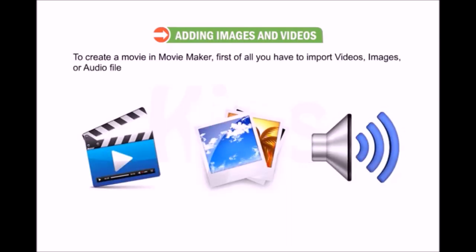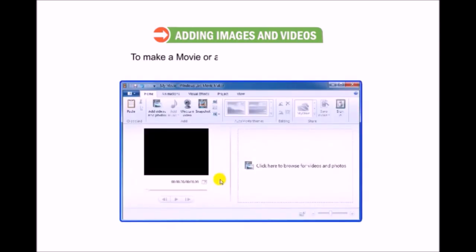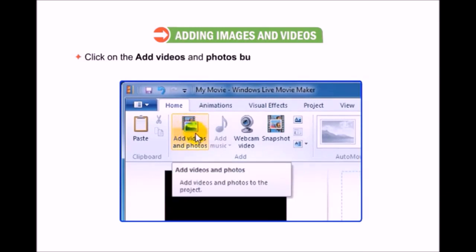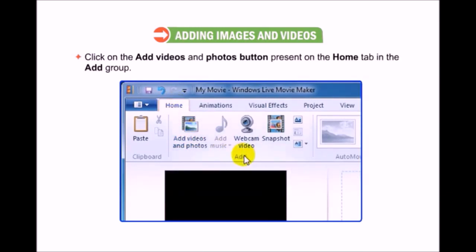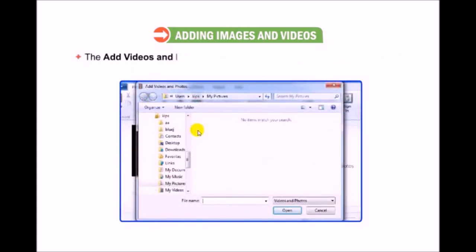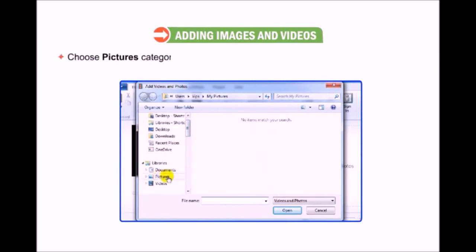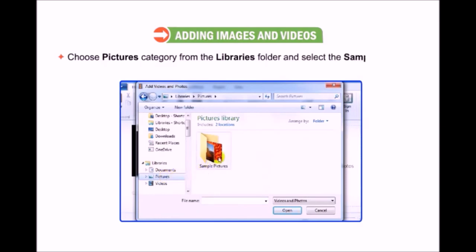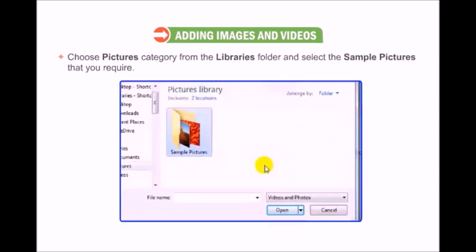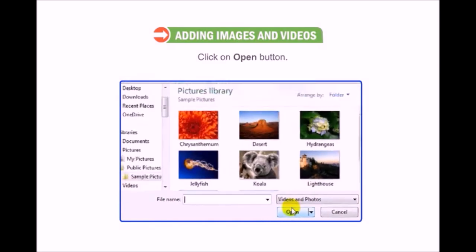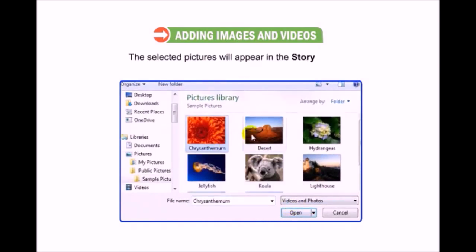Students, now let us talk about adding images and videos. To create a movie in Movie Maker, first all of you have to import videos, images or audio files. To make a movie or a slideshow, follow these steps. Click on the Add Videos and Photos button present on the Home tab in the Add group. The Add Videos and Photos dialog box will appear as shown in the figure. Choose Pictures category from the Libraries folder and select the sample pictures that you require. Click on Open button. The selected pictures will appear in the storyboard, or